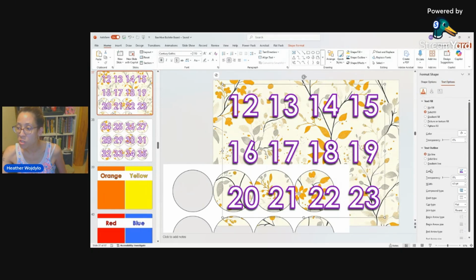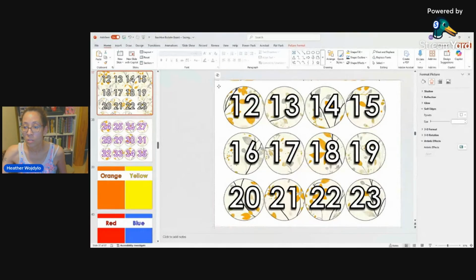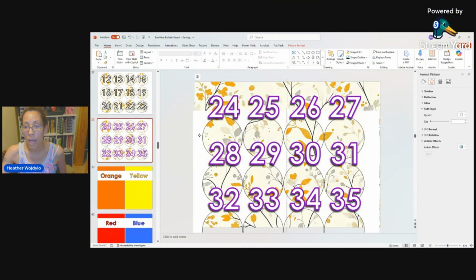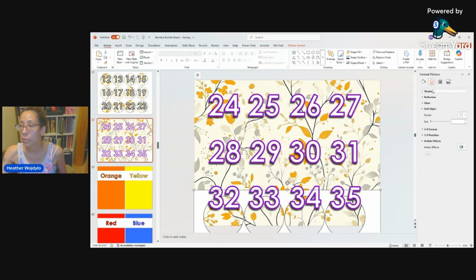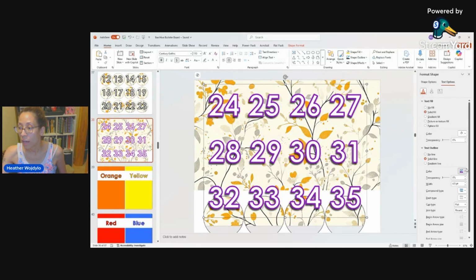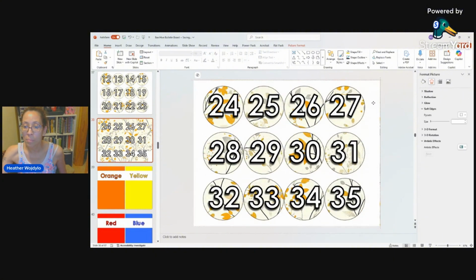So I'm going to go to text options, color. It's not purple. I want black. Okay, now I'm going to bring this back up. And everything should already be centered. So I'm going to try to make sure that it's there. And now I'm going to go to the last one. I'm going to keep that opened. I'm just going to highlight anywhere in the box. I'm going to go to text options. That one. I don't want purple. I want black. So I'm going to bring this right back up